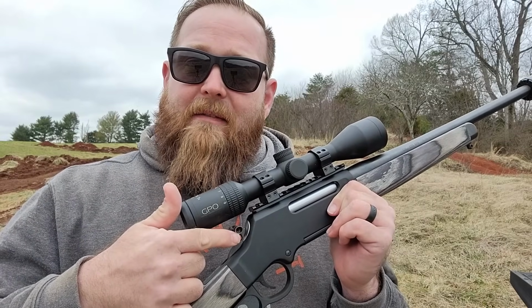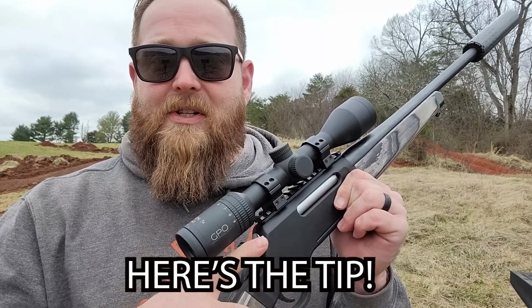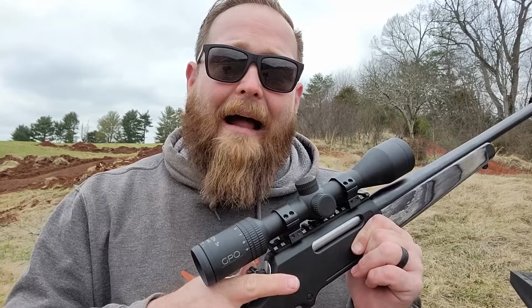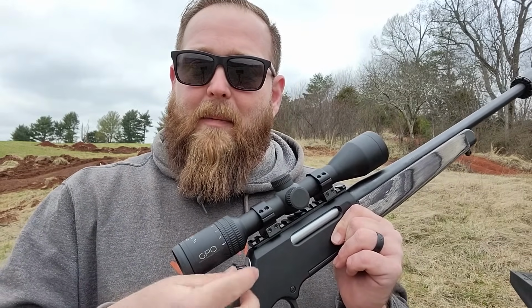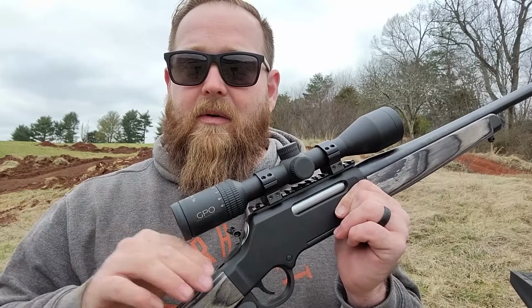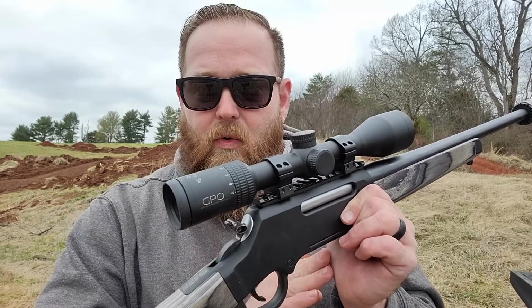Henry ships this with a factory hammer spur. This is an extension. It's ambidextrous. You can swap it to whichever side of the rifle. They even give you a little Allen key to tighten this thing up and remove it. And you'll actually have to remove it to take the action down too, because the hammer actually slides through the